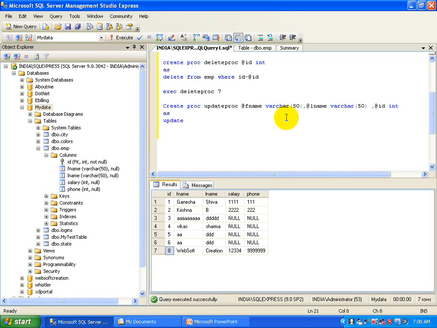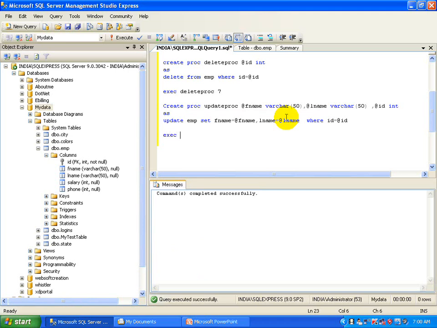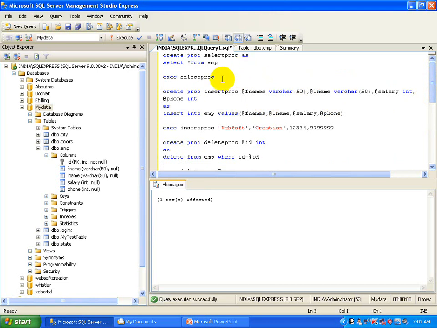Now update emp set fname equals fname. You will see the output of this command: I have updated fname and lname on id 8.